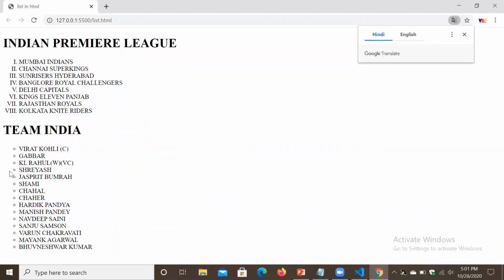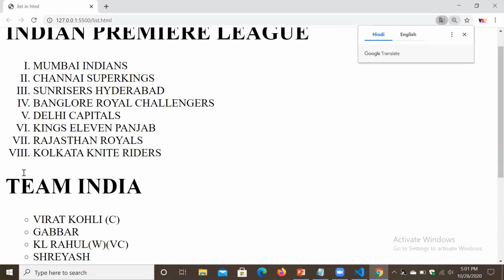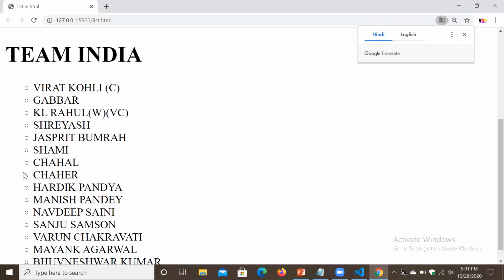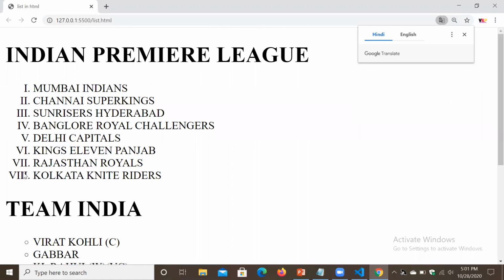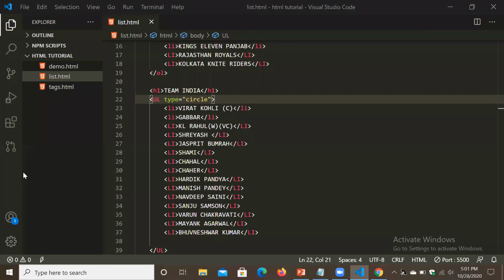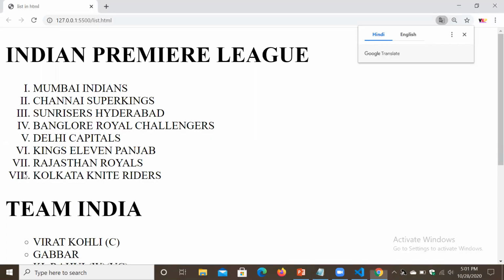Yes, look, we got the circle. Look, this is Team India for the Australia tour. We got the circle. So this is how we can get output by creating the list in HTML.